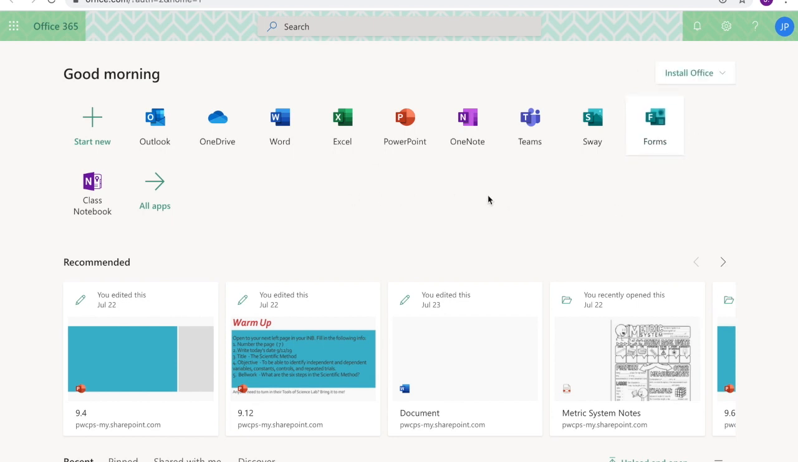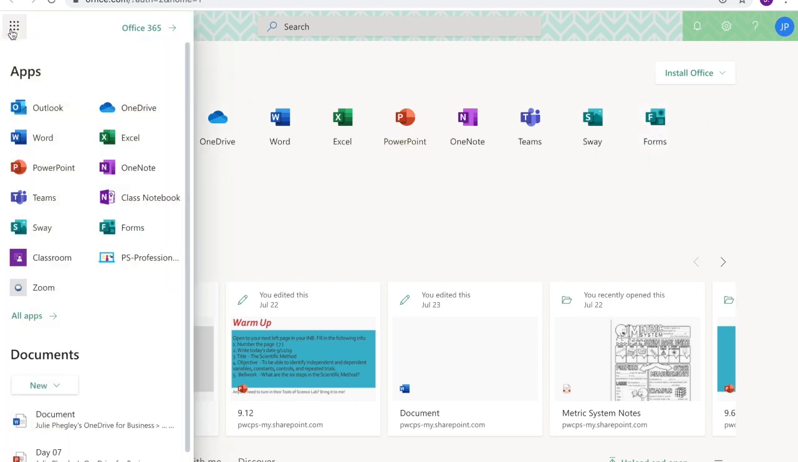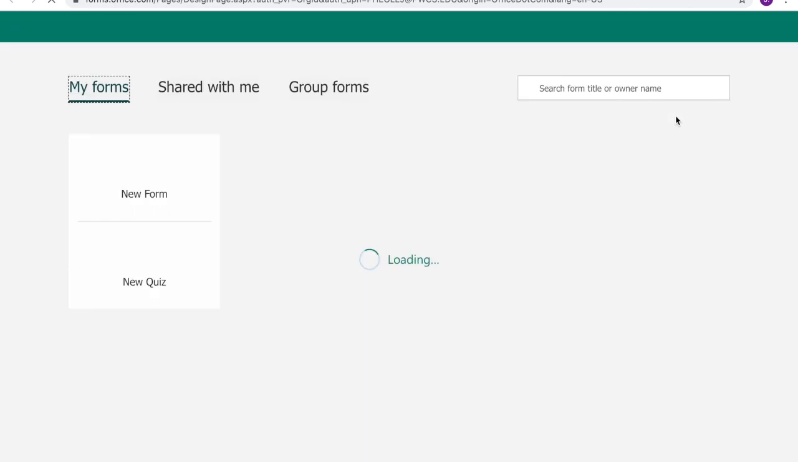Forms. First, to find it, you can go to your Office 365 homepage and click Forms. You can also come up to the waffle. If Forms is not under your apps, just click All Apps. It will be there. Once you're in the Forms page, and as you can see, I use this a lot